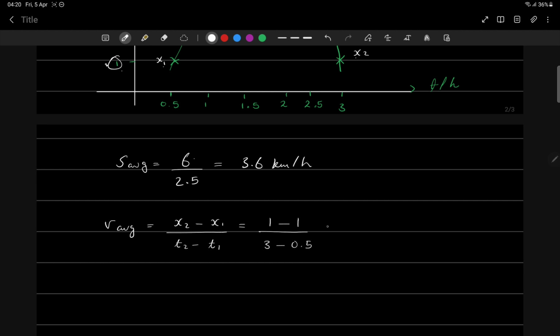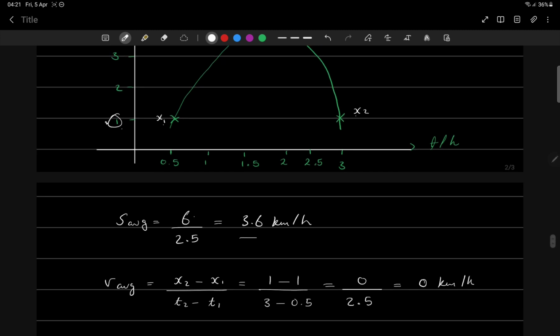So here, it's the same thing. 1 minus 1 equals 0, and this equals 2.5. 0 divided by 2.5 equals 0 kilometers per hour. Now here the average velocity is 0 kilometers per hour, while the average speed is 3.6. Why? Simply because in average velocity, we pay attention to